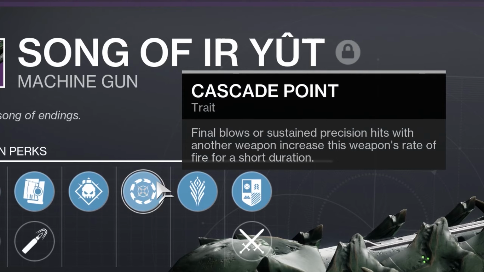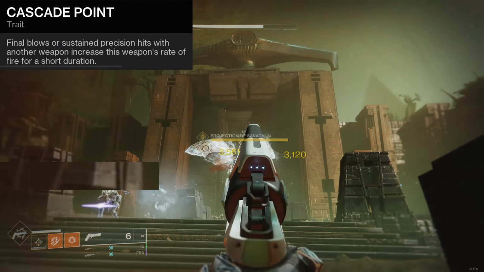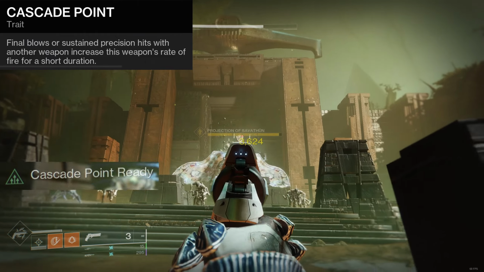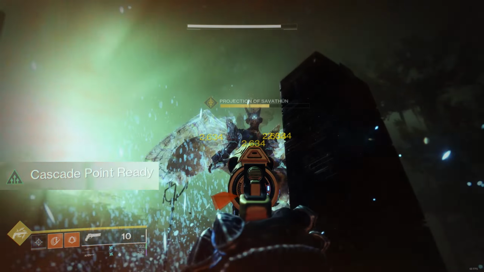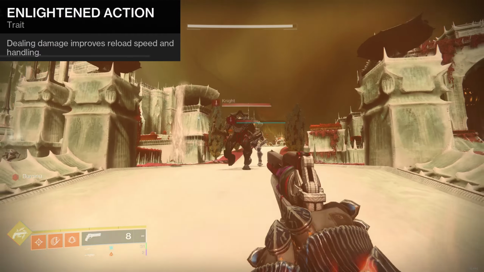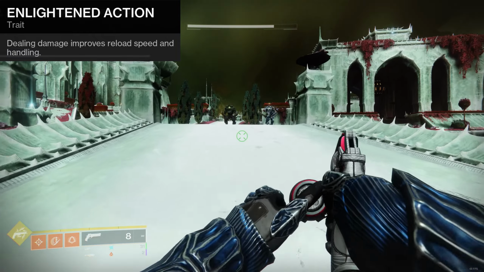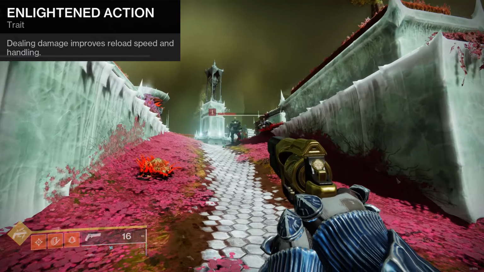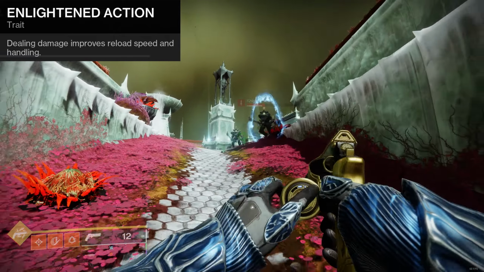Warden's Law also pairs nicely with Cascade Point weapons. Normal hand cannons take 6 rapid precision shots to proc it, whereas Warden's only requires 3 shots due to the 2-bullet burst. Similarly, Enlightened Action takes 4 shots with a normal hand cannon to reach its maximum reload speed bonus, but only 2 with Warden's Law. Unfortunately, this perk doesn't have an on-screen display, but I timed the reload speeds during editing